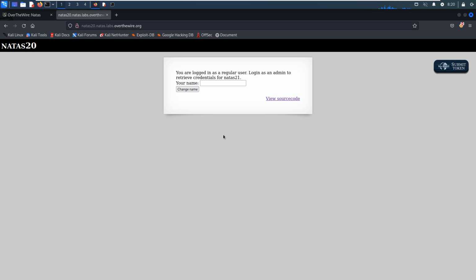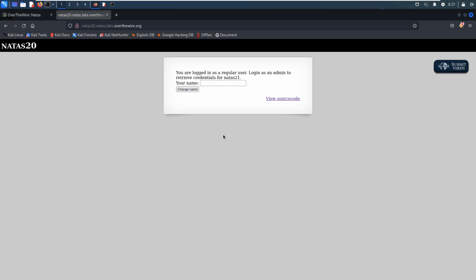In the previous two levels, we used brute force to hijack the session ID, and by hijacking the session ID to manipulate it as admin, we could get the password for the next level, right?